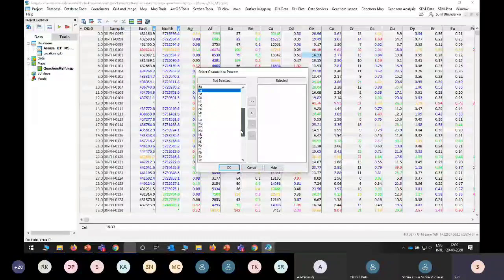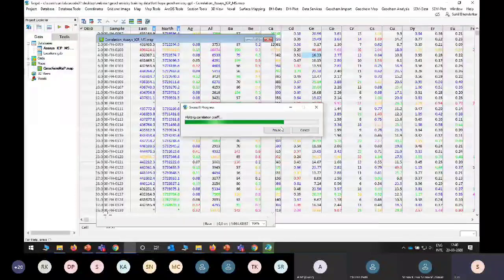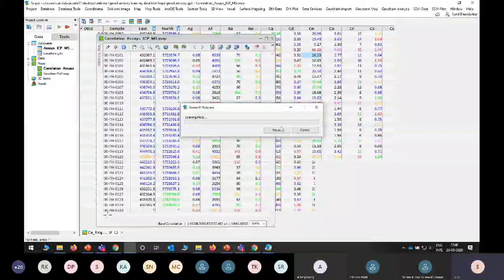We'll see which element is strongly correlated to other elements. So it will create a correlation plot basically. Accordingly, you will get at least a brief idea of which mineralization you are looking for within your area.